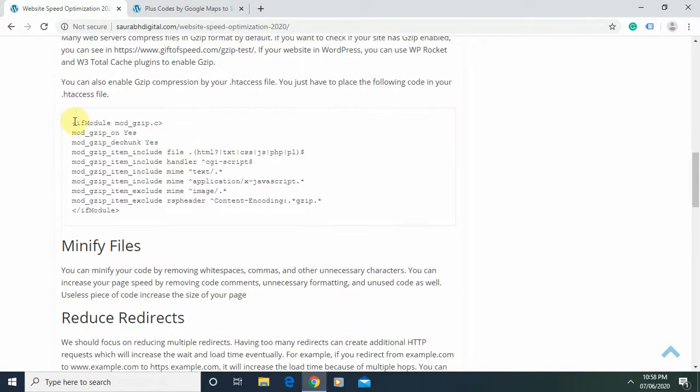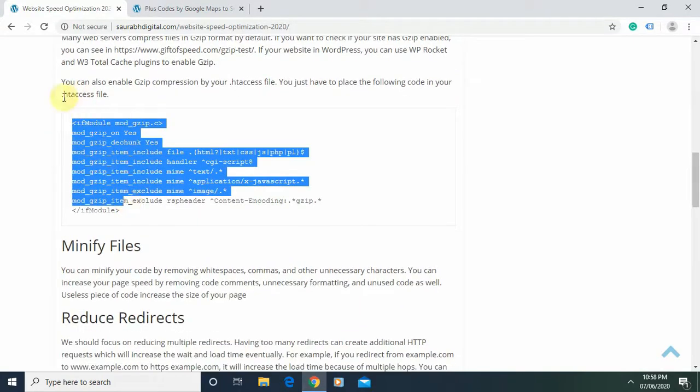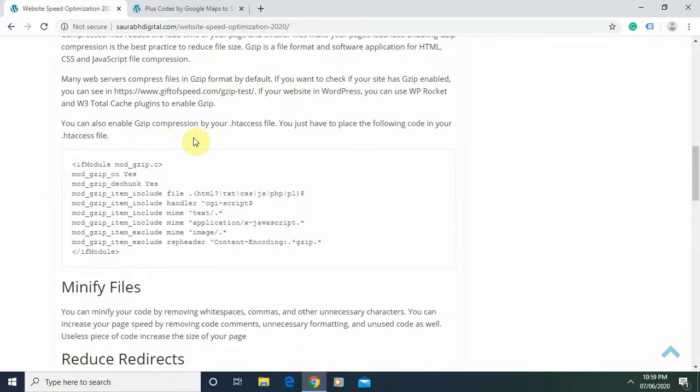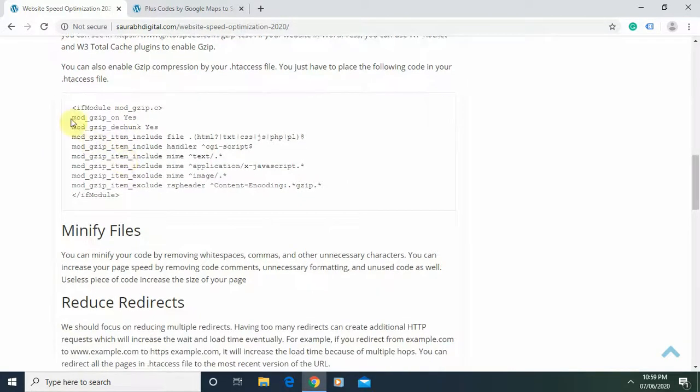You just have to place this code in the .htaccess file, which is a text file, and then upload that .htaccess file to the root folder of your server. If you have a website, you'll get your server details. At the root folder of your server you can upload this .htaccess file with this code.